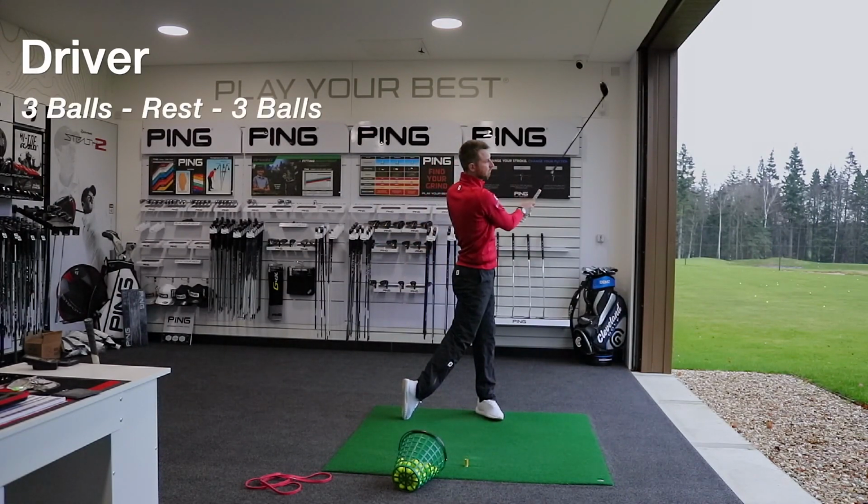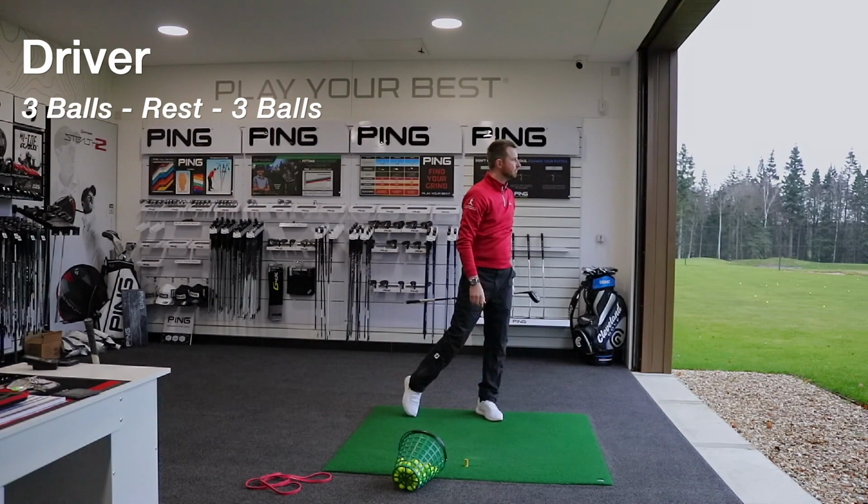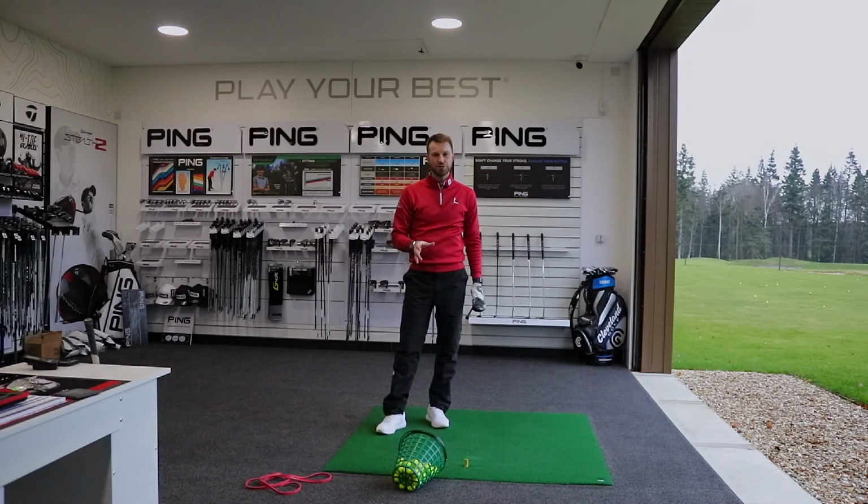Once you've done a few there, now we're going to move on to driver. We want driver to be moving as freely as possible, as fast as possible, but with obviously as good a quality movement as you can produce. So we're going to do more balls with driver, but we're going to try and break that up. So I recommend hitting 3 drivers, having a little breather, then hitting 3 more. And you can obviously do extras in between, but always having a little bit of rest rather than just bash,